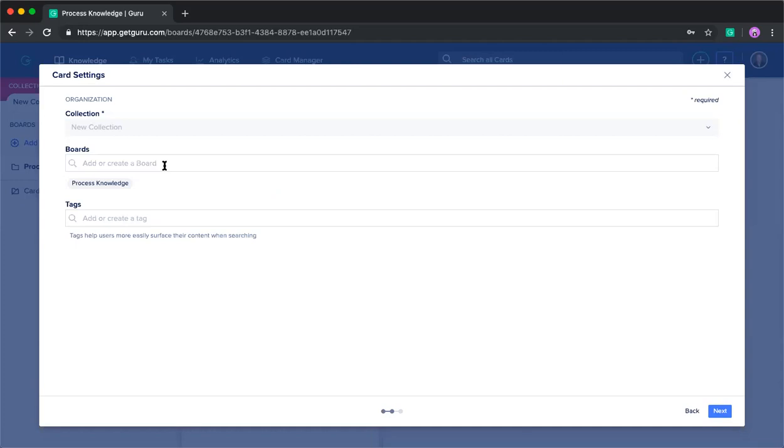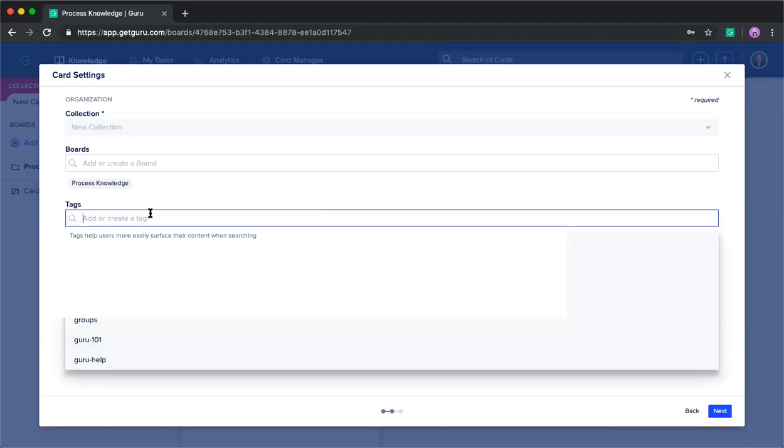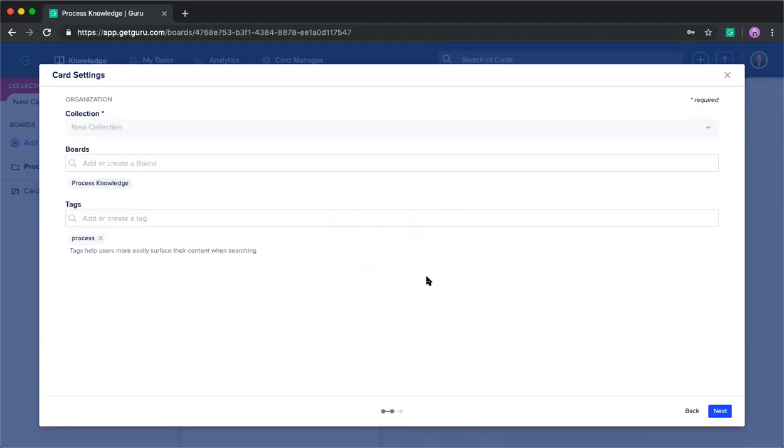Cards can live on one board or multiple boards. This is a great way to organize knowledge that's relevant to more than one topic. So if you want to add a card to more than one board, that's something that you can do right here. Same with tags. Tags will be very helpful, especially in Learning Lab number 3, when we talk about rolling out. Tags will be really helpful for people who are searching by a topic or a type. So if I wanted to apply the tag of process to this type of knowledge, I could then surface it